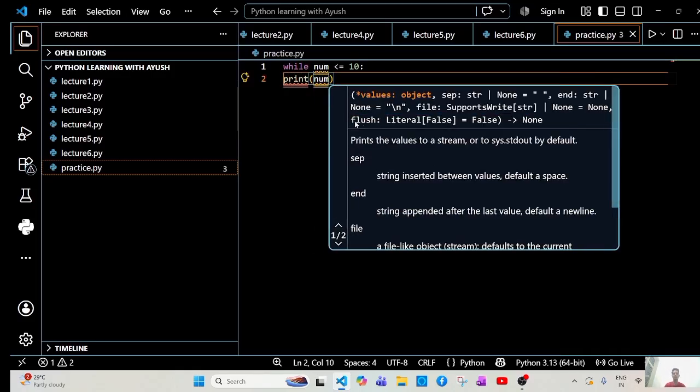We put no indentation here. We also have to put an indentation, because if we put no indentation, it gives us an error. Okay. So next